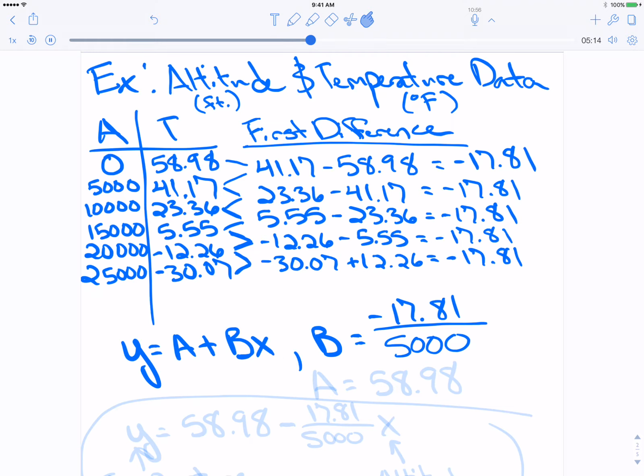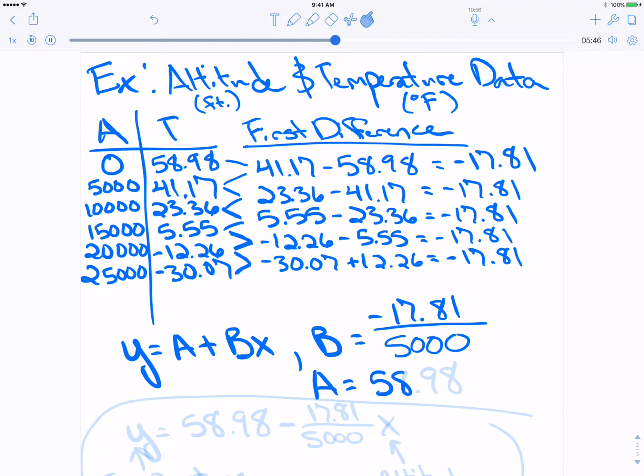So the difference in my y divided by the difference in my x tells me what the rate is at which this linear function is changing. So my equation, I get that for b, and then I can get a from the first value. Because I'm substituting in a 0 for x, if I multiply b by 0, I'm just going to have 0. So when x is 0, my y value is the same as my a value, telling me that a is